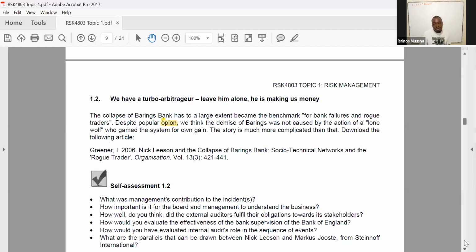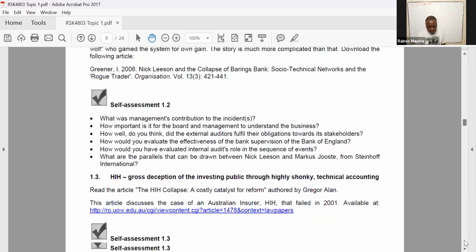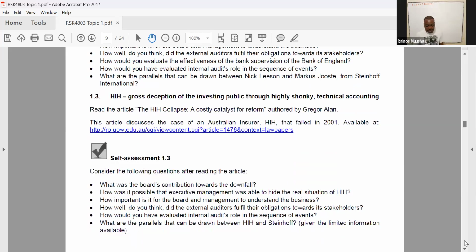So go through the article, and in understanding the article, this is how we are going to be able to answer the question: is it a fair assessment to say the risk management function has failed? But remember, for us to be able to understand that, we need to go through Unit 1.5. 1.3